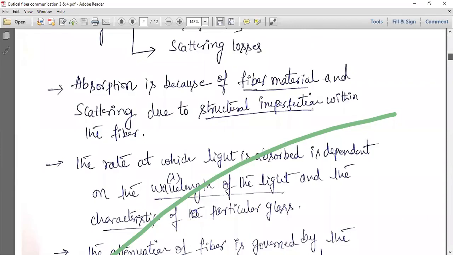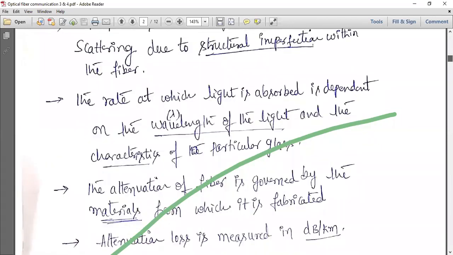One by one we'll go. First, absorption. Absorption is dependent on two things. One is the characteristics of the glass, the characteristics of the materials used for manufacturing. The other one is the wavelength of the light. Wavelength of the light means, in the first class I explained, the wavelength we will use for the light pulse is 0.8 micrometer to,